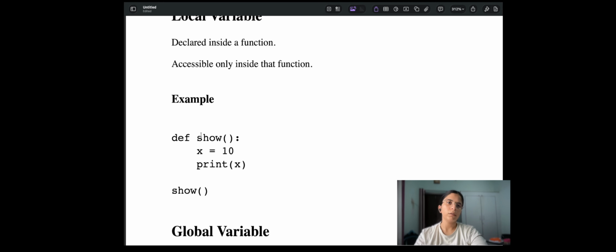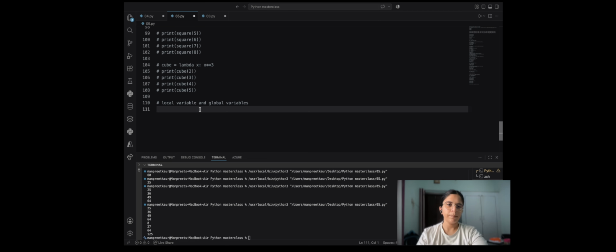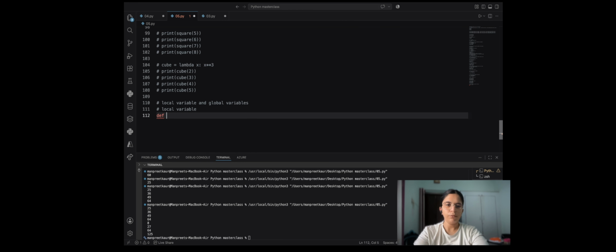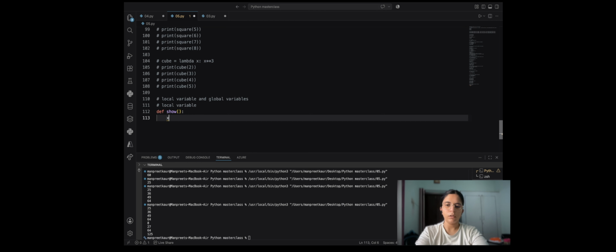I'm going to give an example of a local variable here. Def show, then x is equal to 10. Print x.